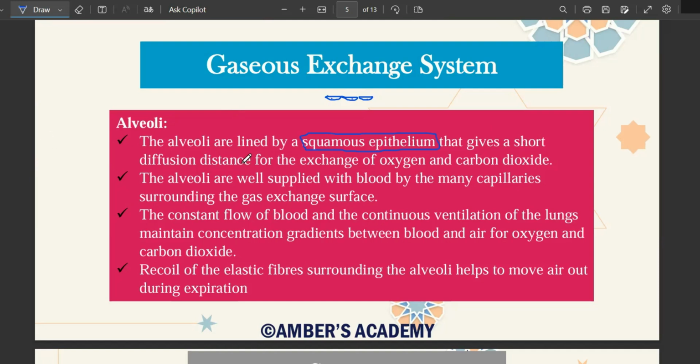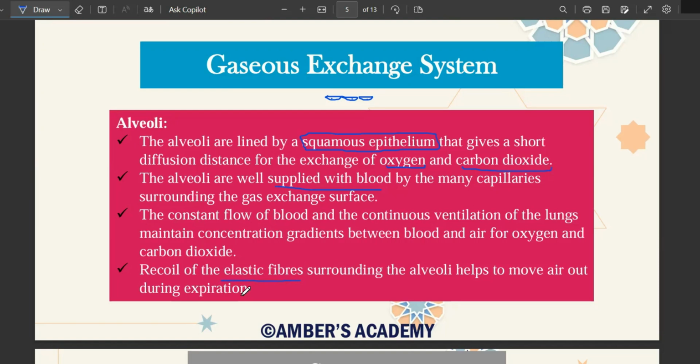That gives a short diffusion distance for the exchange of oxygen and carbon dioxide. Carbon dioxide is present in our deoxygenated blood, while oxygen is in the inhaled air, which is then mixed in our blood and it gets oxygenated. Then alveoli are well supplied with blood by many capillaries surrounding the gas exchange surface. The constant flow of blood and continuous ventilation of the lungs maintain concentration gradients between blood and air for oxygen and carbon dioxide. Recoil of elastic fibers surrounding the alveoli helps to move air